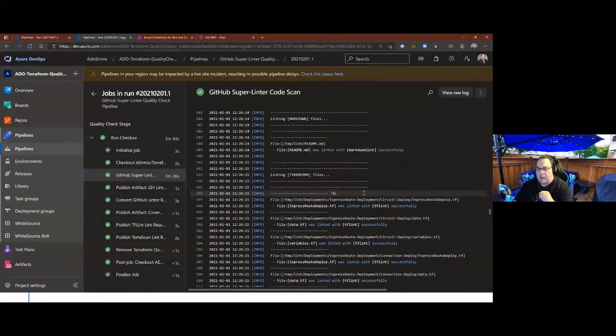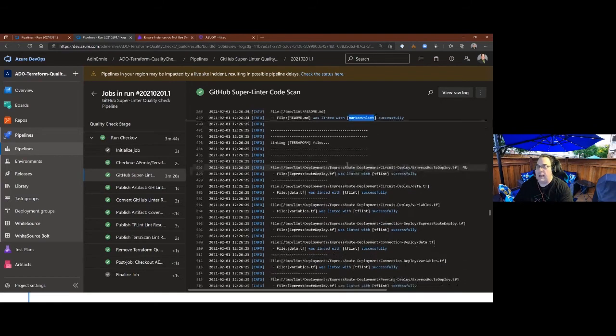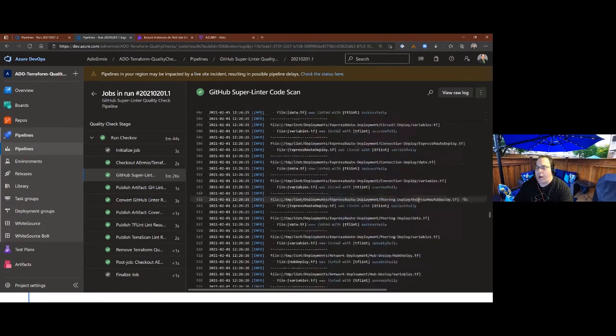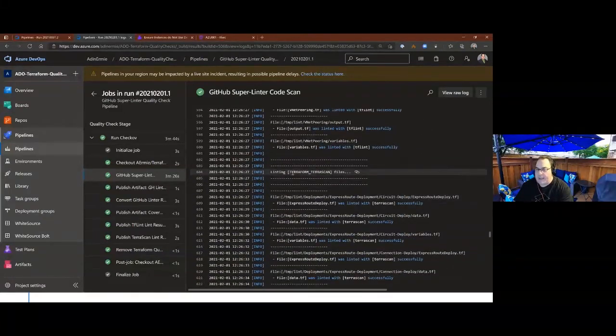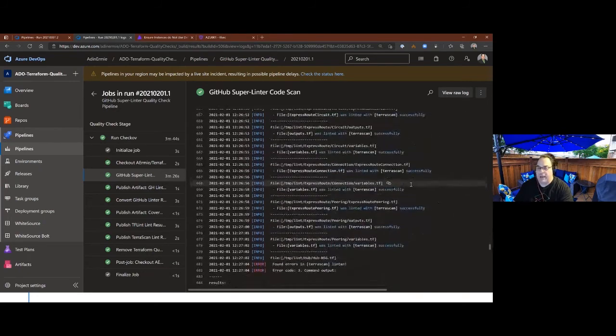If we scroll down a little bit more, now it starts to run the markdown linter, because it found markdown files, and off it goes, right? And then here's where we get to the Terraform stuff. So it's found my Terraform files. The first thing it's going to run is tflint and iterate and loop through all of the files that I have there. If I scroll down, the next one is Terrascan, right? Same type of process.